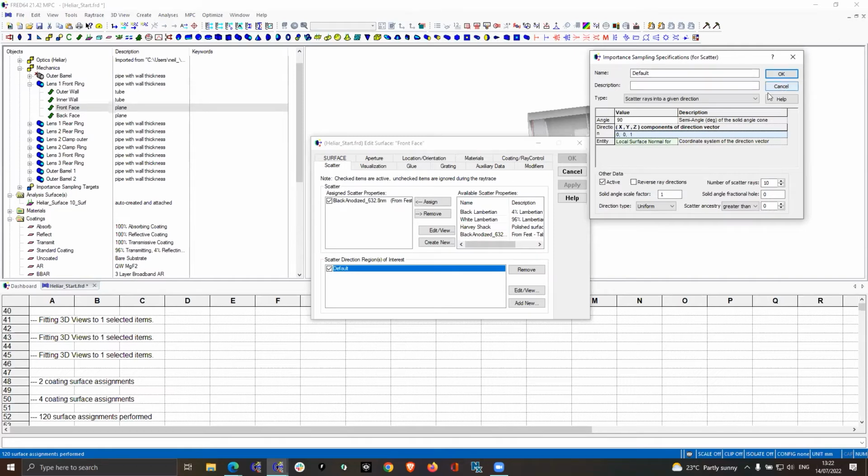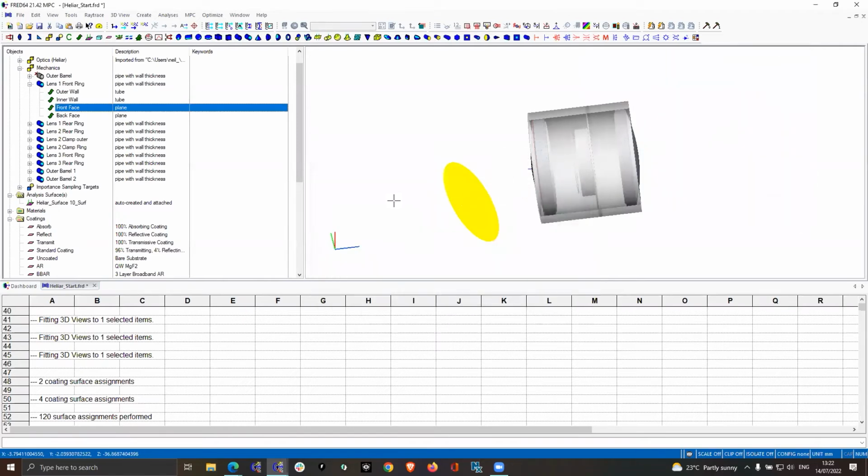So there's lots of options here. These are the 6 options I was talking about earlier in terms of how we can direct light in certain ways. So in this demonstration, what I'm going to do is define a default scatter model that isn't a hemisphere, but is instead scatter around specular. So around a 30-degree angle around our